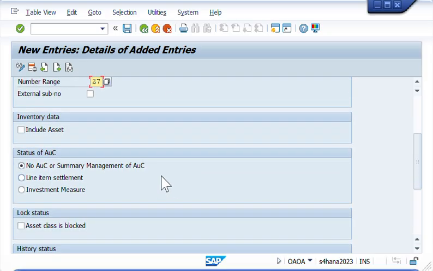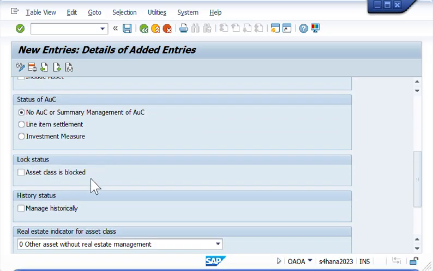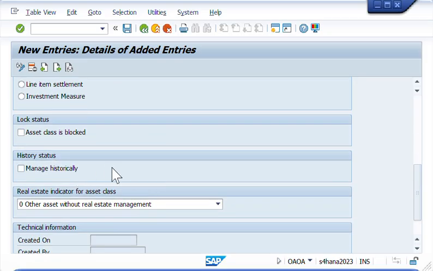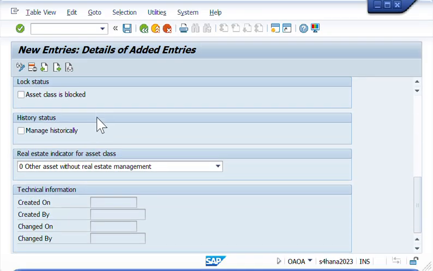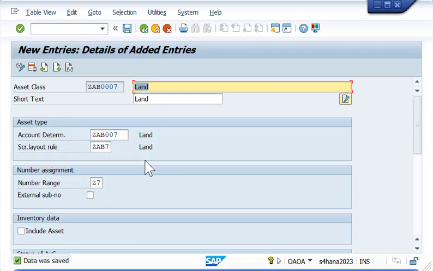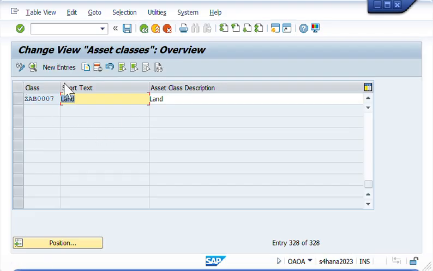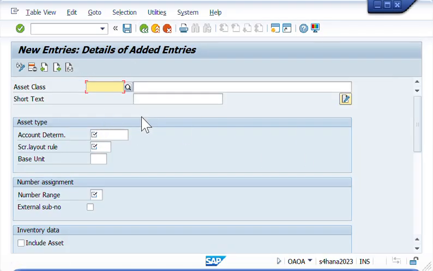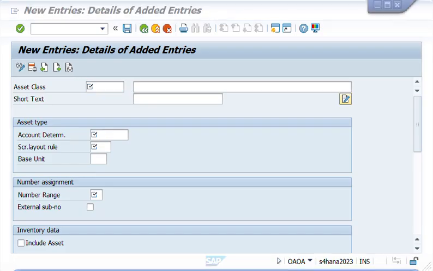Okay, we will not include it as asset. This is not an asset under construction. We will not block its status, and we will not have a managed history, and it will not be a real estate module or management. And that's it. Let's click save, and we will have our last asset class. So I hit back, and I will click new entries, and for our last asset, this will be